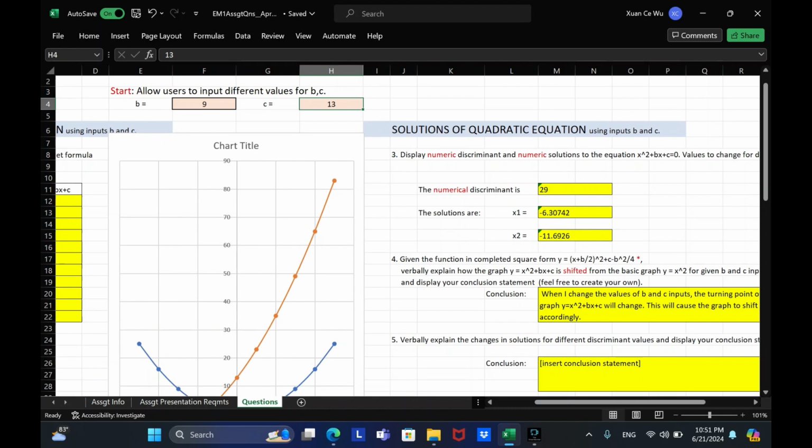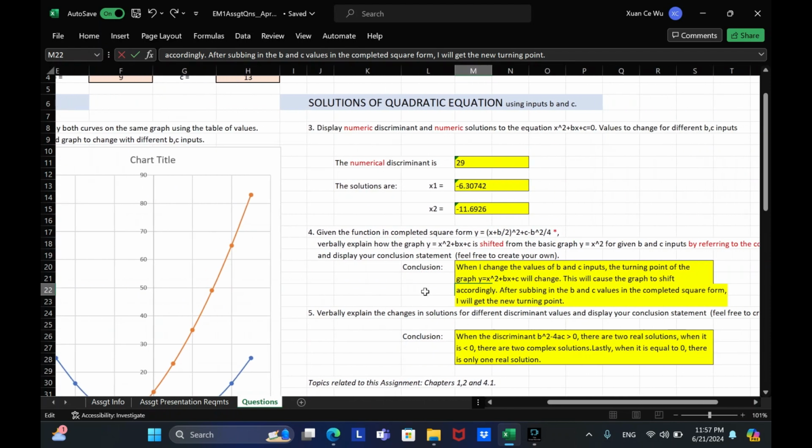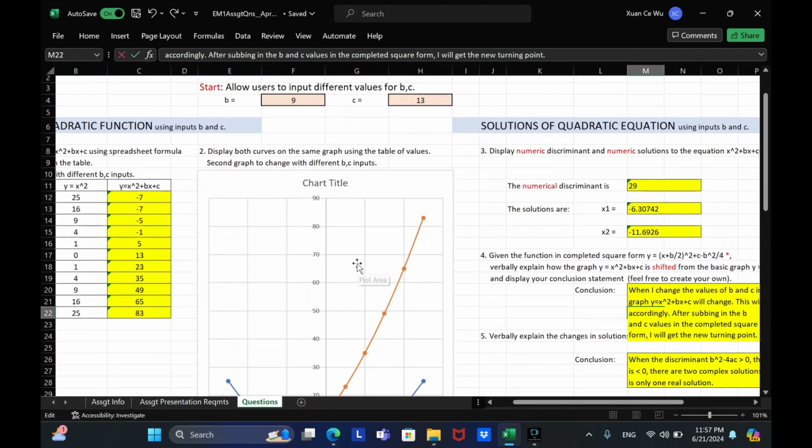For question 4, when I change the values of the b and c inputs, the turning point of the graph y equals x squared plus bx plus c will change. So this will cause the graph to shift accordingly. And after you sub in the values of b and c in the completed square form, I will get the new turning point. So for example,